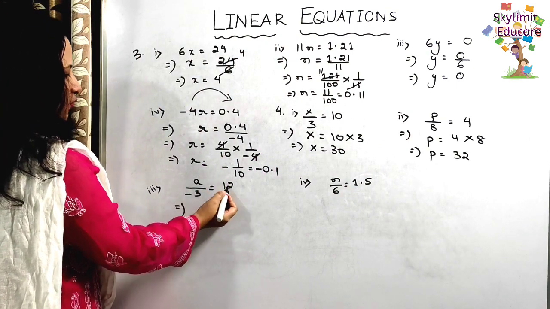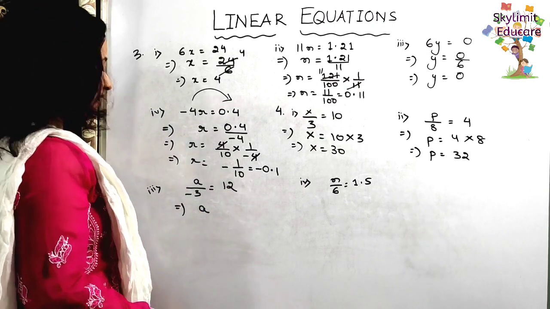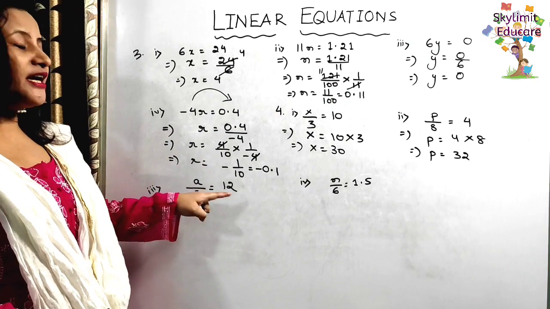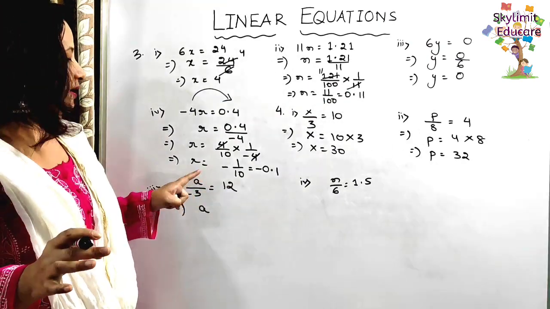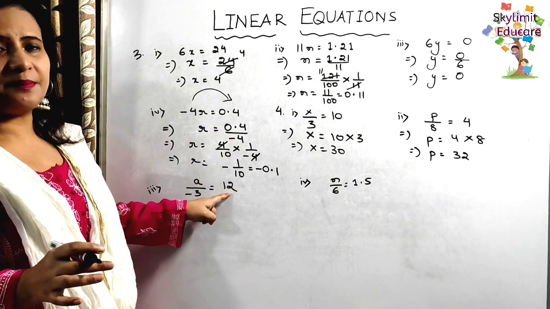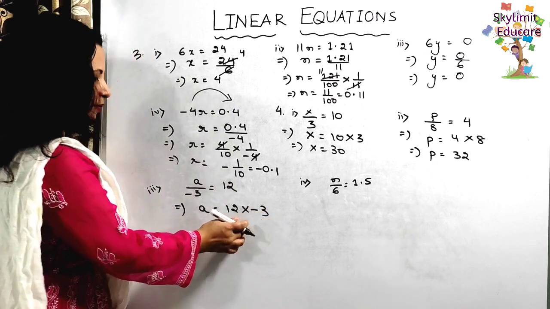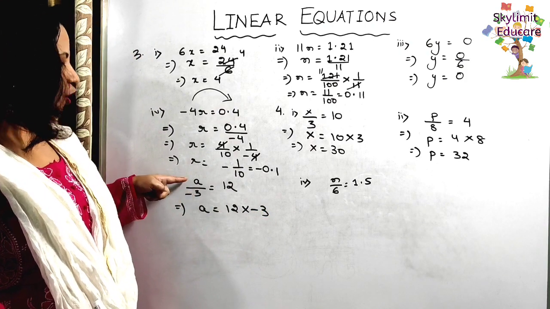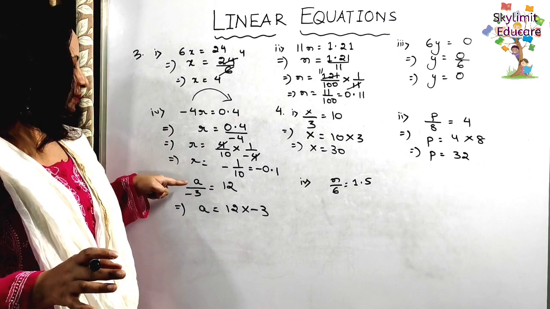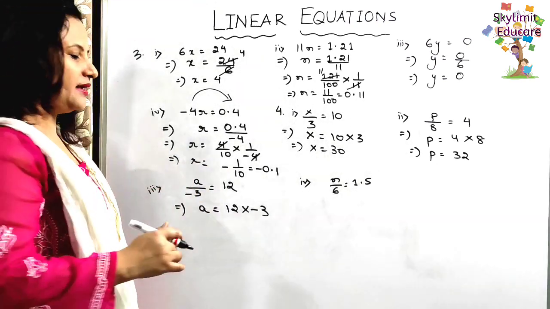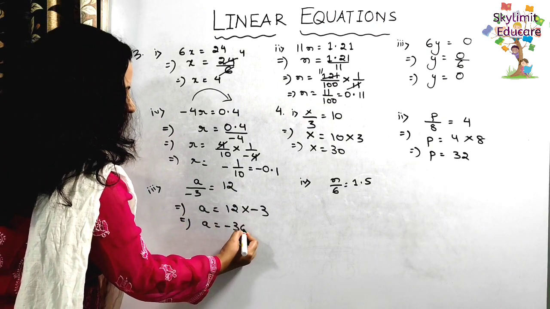Now next number. a by minus 3 is equal to 12. So here also you can see minus 3 is divided here. Minus 3 is divided. So division will change to multiplication. But minus 3 will remain minus 3. Here what is changing? Division is changing to multiplication. Okay. So in this case, don't change the sign of minus 3. It will remain minus 3. What is changing here? The operation is changing. The mathematical operation is changing. But that means what? The division becomes what? Multiplication. So now this is a is equal to minus 36.